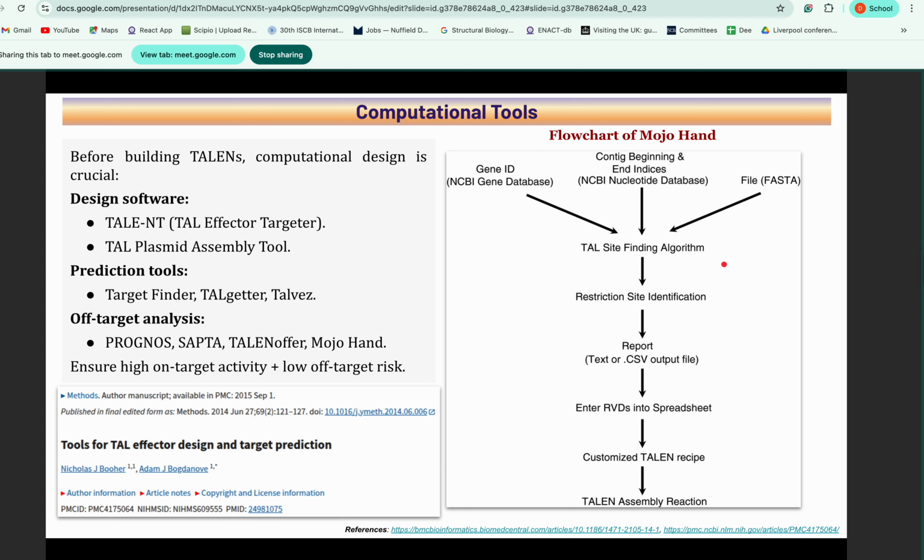Now what it will do, it will find that particular gene sequence in the entire genome, and then restriction site identification. So I will also identify the restriction site so that I can cut there, I can insert something into it. So the restriction enzyme site is identified, that which site is present, and then a report is made in the form of text or CSV, which is the comma separated values,